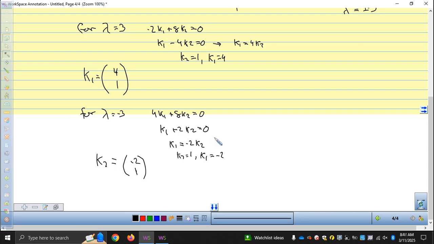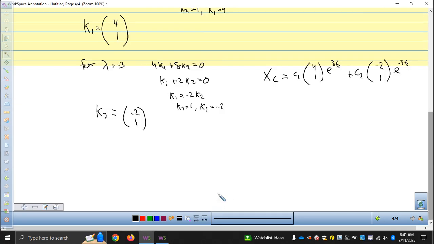And our complementary solution, x sub c, is c1 times 4, 1 e to the 3t plus c2 times negative 2, 1 e to the negative 3t. And I'm going to form my fundamental matrix from these solutions. So phi of t,